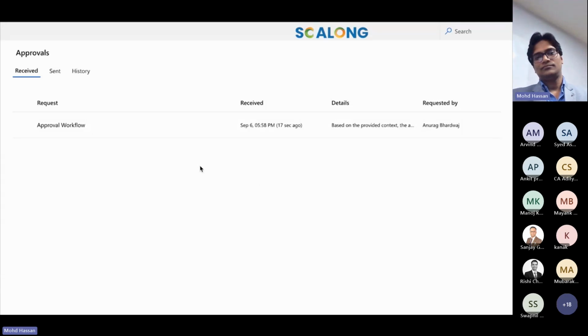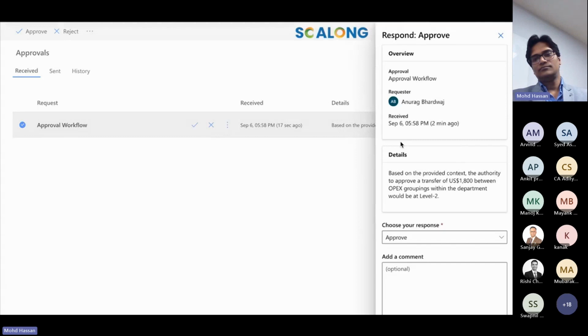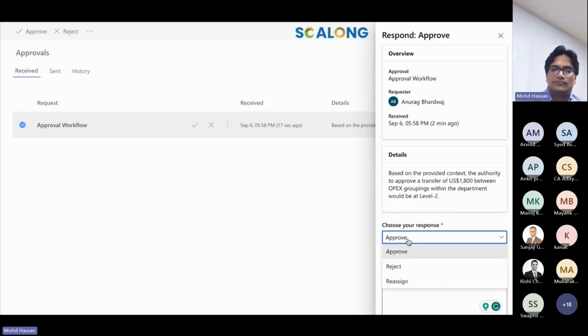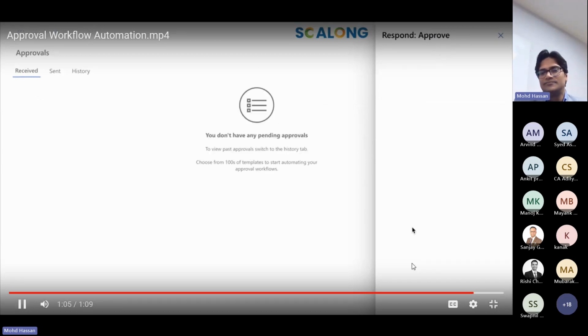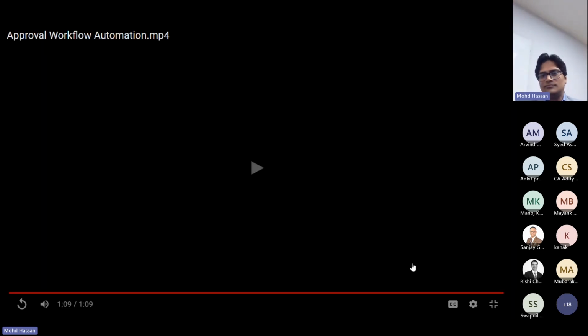These requests can be approved, rejected, or reassigned. Upon clicking on a request, you can see much more detail: the requester, when it was received, and what the details are. You can add comments, and once done, hit confirm. So it is creating the audit trail, the audit history. It will approve or reject your request and notify the requester.